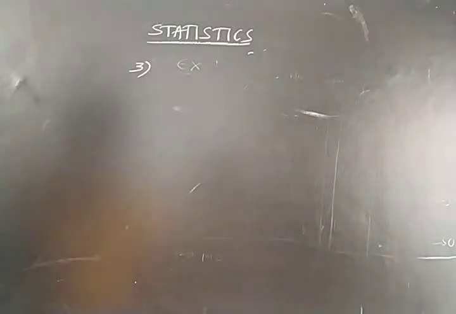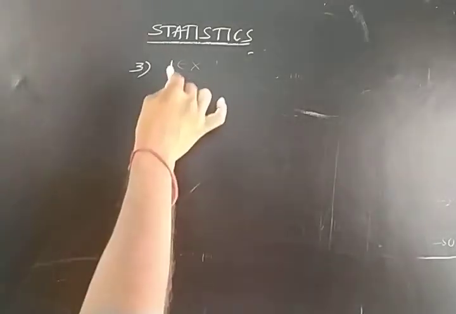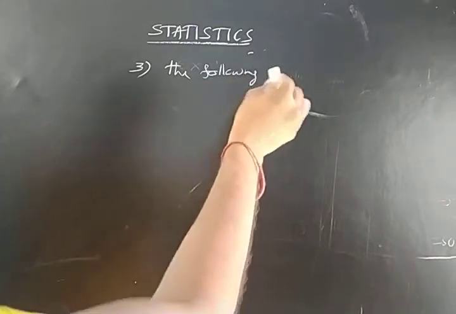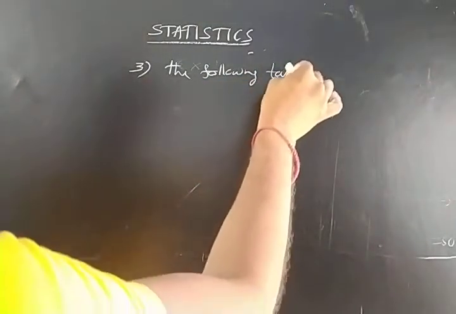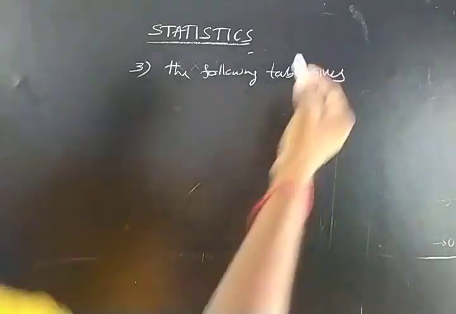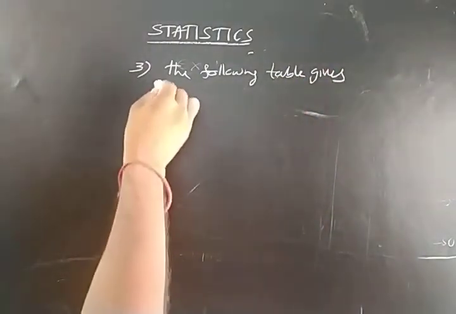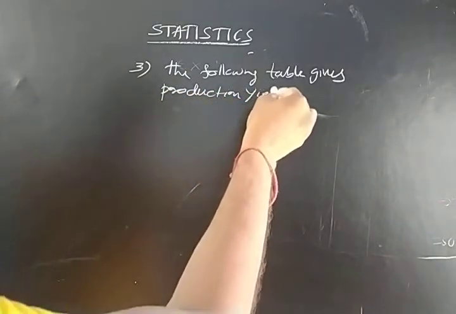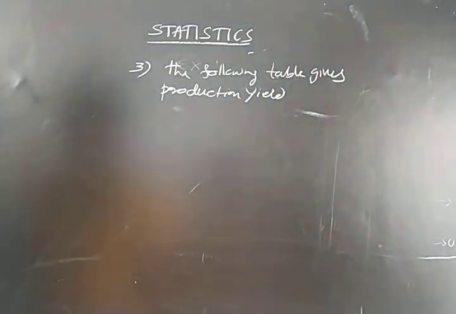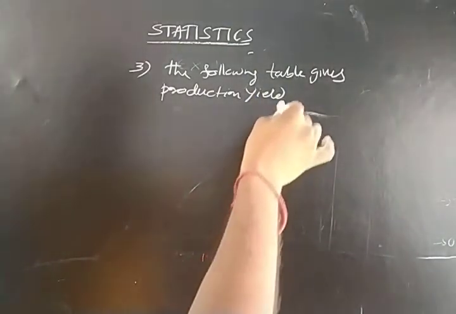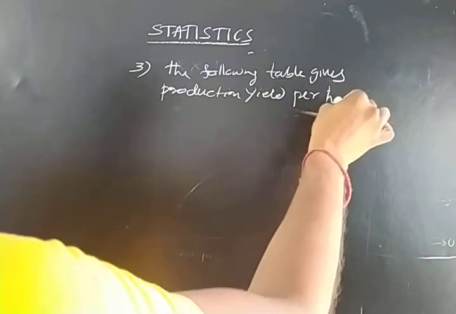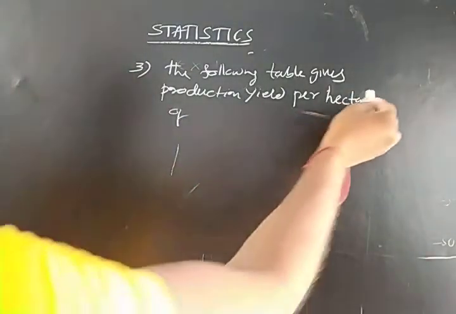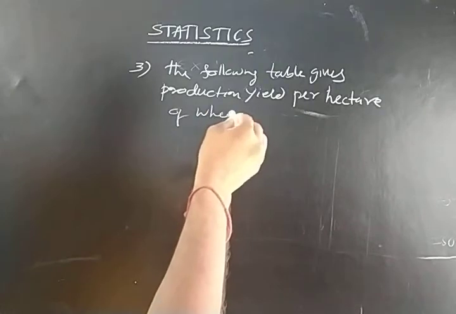The following table gives the production yield per hectare of wheat